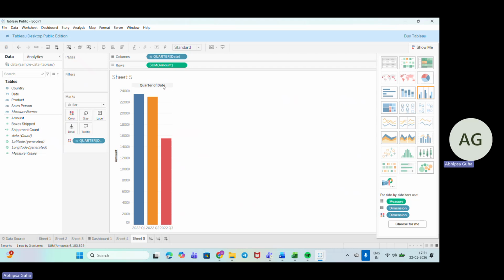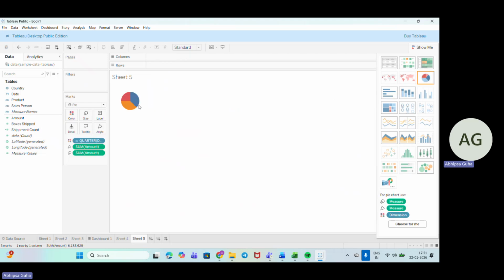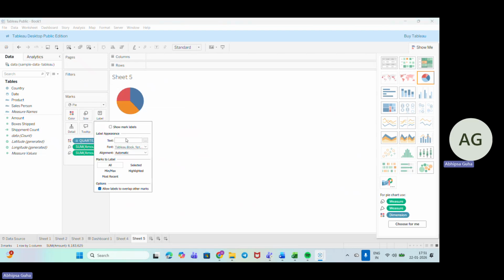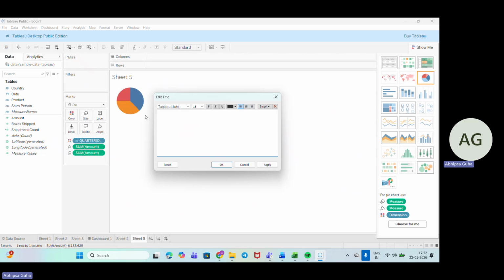So this is the quarter-wise trend, and I want a column chart. I want a pie chart for this. Okay, so I want the pie chart. So this is how it looks, and now I want the labels. Okay, so it already has the labels in. So I'll just go here and write quarter wise sales trend.